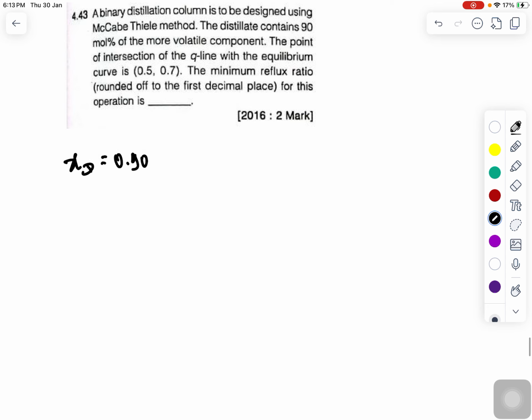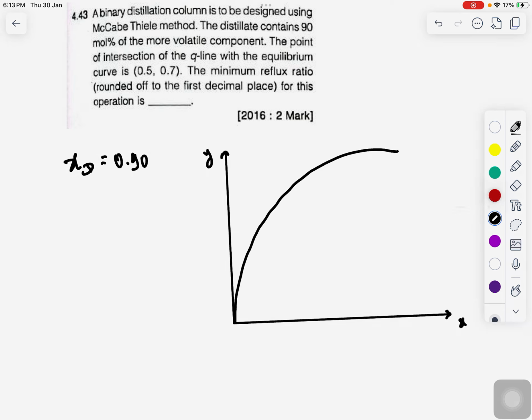When we talk about the McCabe diagram, it looks like this. Here this one is the X and this one is the Y. There is an equilibrium curve something like that, and also a Y equals X line something like that. Now, the Q line is